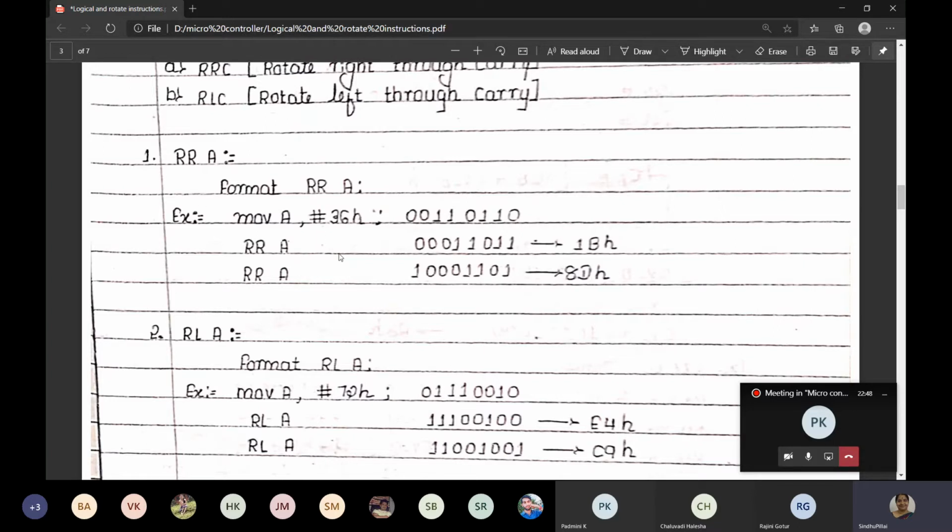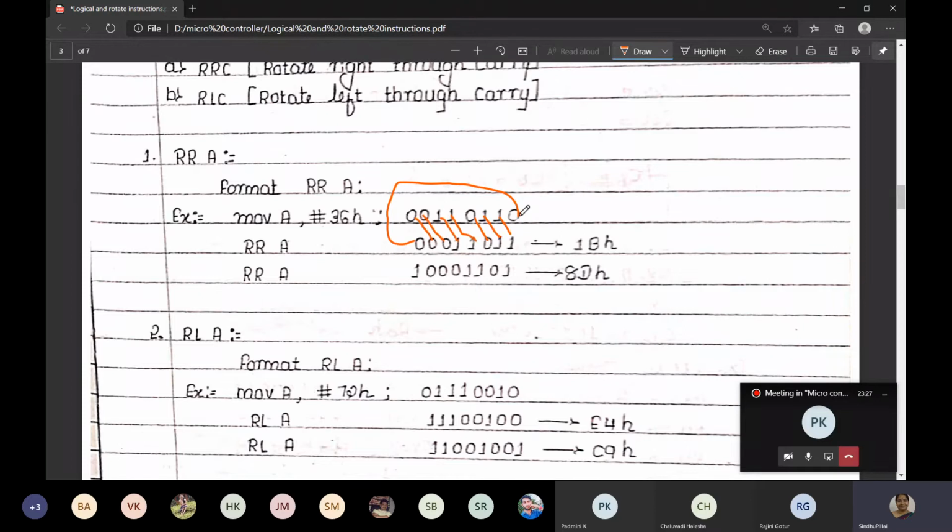See here, one example. We have 36H. How do we split and write this 36H? 3 is 0011 and 6 is 0110. When you rotate right, I will show you. This last 0 will come to the other side, and the other bits shift right.